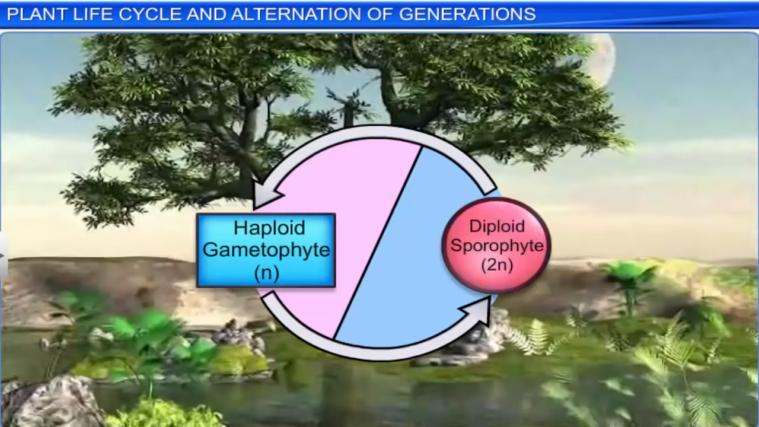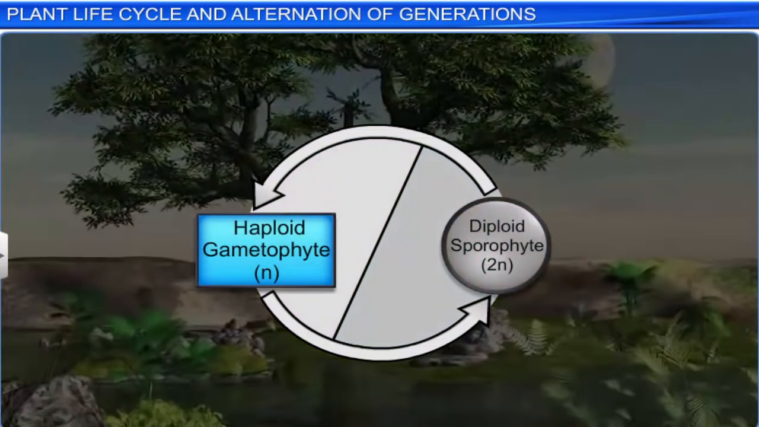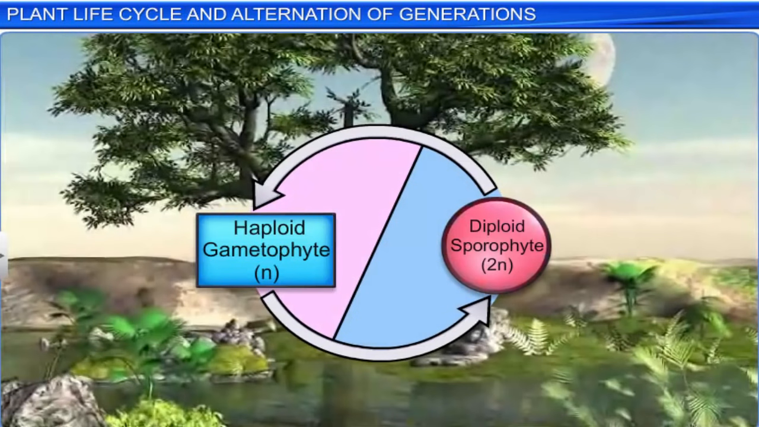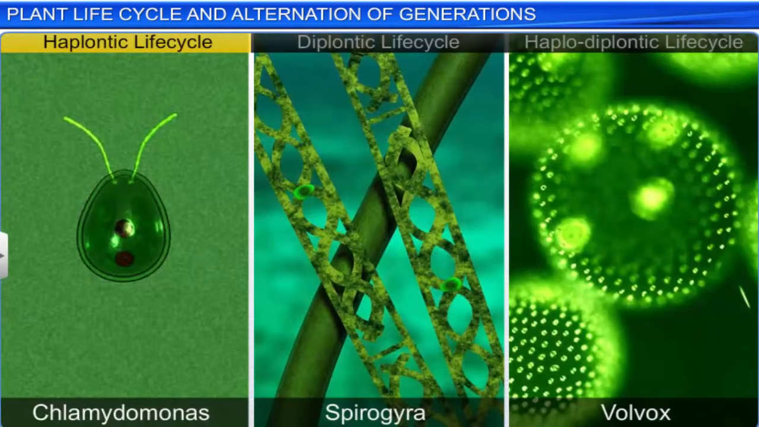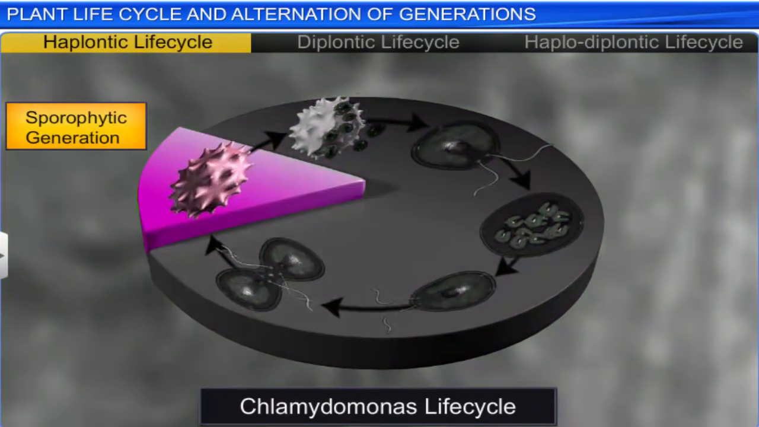However, in different plant groups, either the sporophytic generation or the gametophytic generation is the dominant phase, or, in other words, persists for a longer period. This difference gives rise to three patterns of life cycle in plants: the haplontic life cycle, diplontic life cycle, and haplodiplontic life cycle. In the haplontic life cycle, observed in algae such as Chlamydomonas, Spirogyra, and Volvox, the sporophytic generation